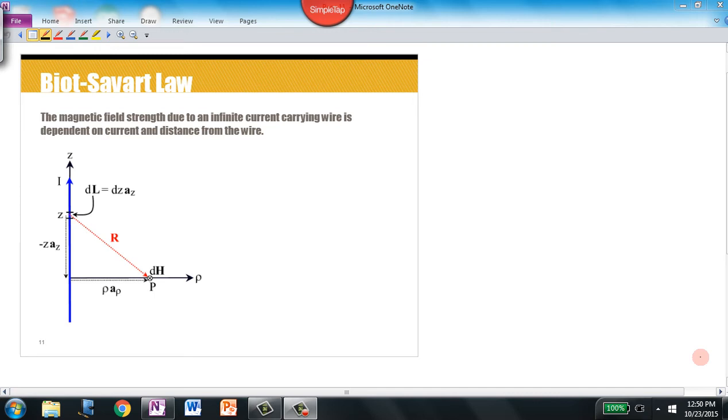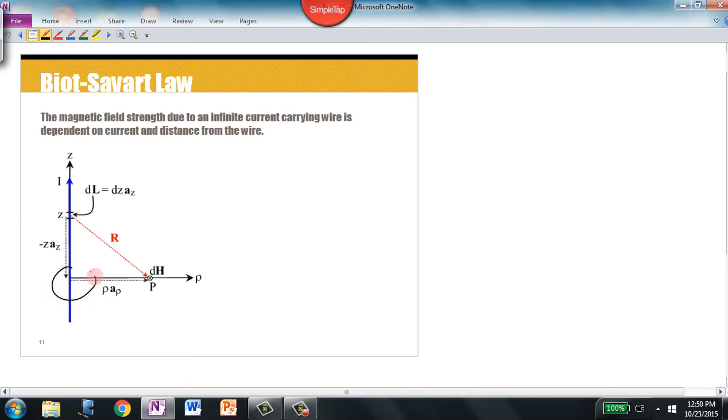I now want to apply the Biot-Savart law to determine the magnetic field strength that's going to be induced at some point in space by an infinite current flowing in a perfectly straight line. And to solve this, I've set up this diagram here,